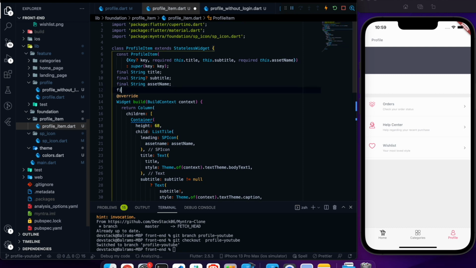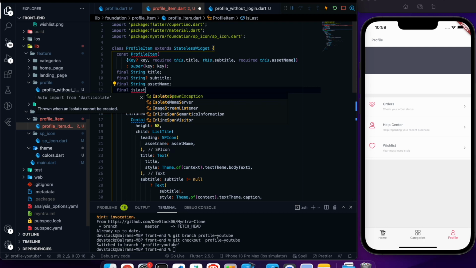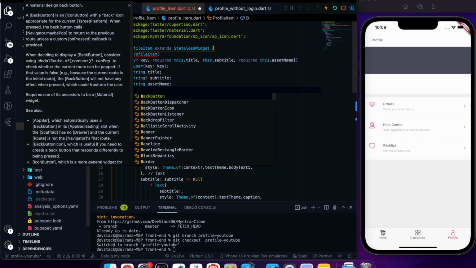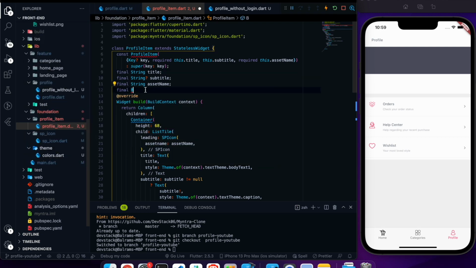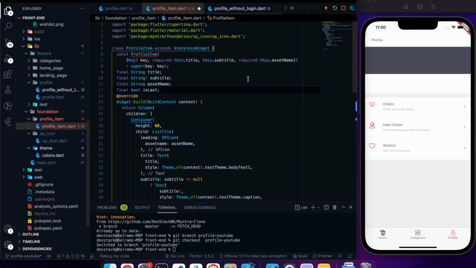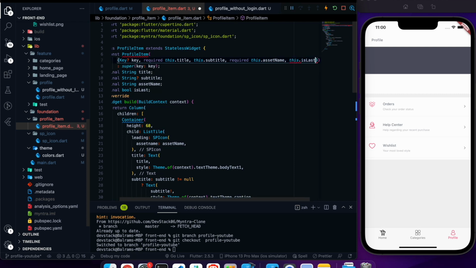I will use the final is last, and it will be a boolean, bool. Actually I use TypeScript as well, so I just got confused sometimes what the data type will be. So is last, and let's get it from the parameter is last.